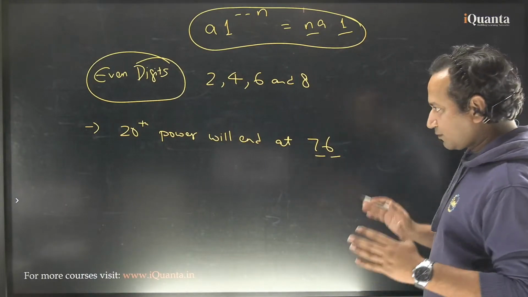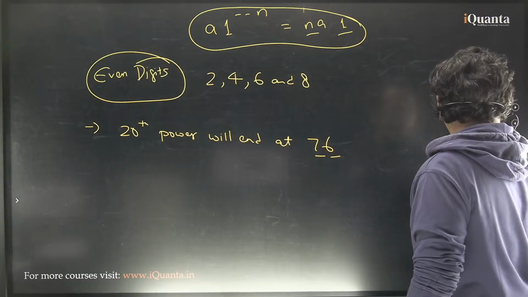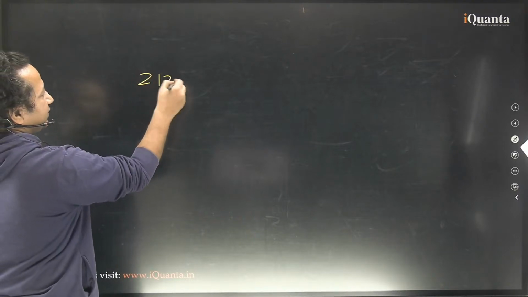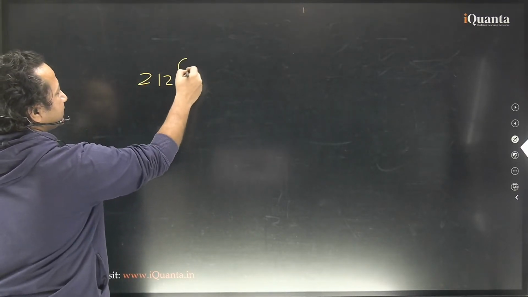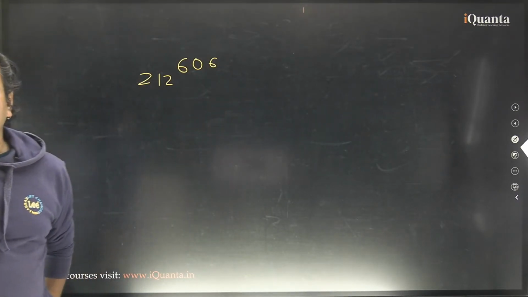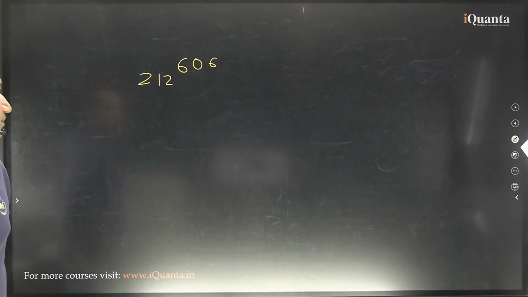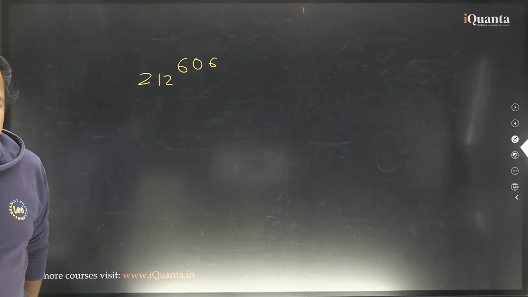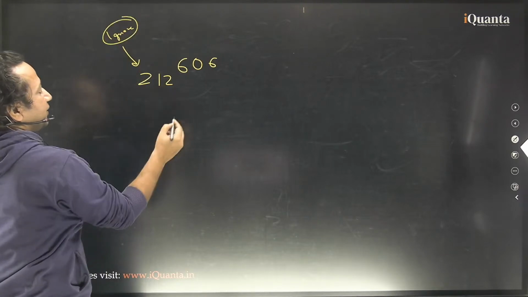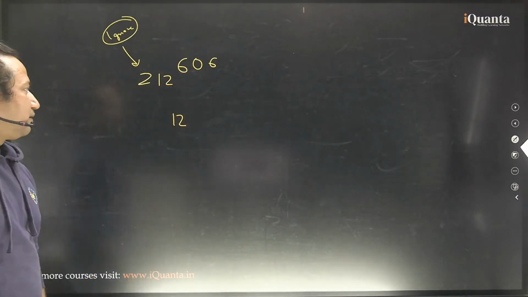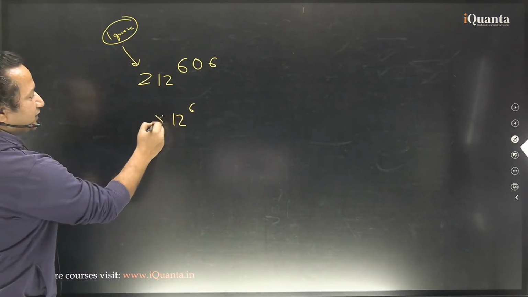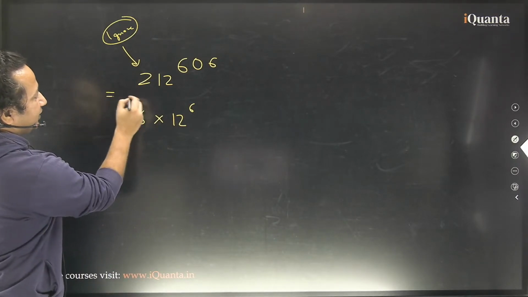Come on, note this down. Let us do some examples. For example, I'll take a number 212 to the power 606. All right. 212 to the power 606. Let's do it. In the same way we are doing for the odd numbers. This 2 gets ignored. Now we have only 12. Only 12. And we have 06, that is 6 only. But till 600 we got 76. So that is what I have written. I'll break this down as